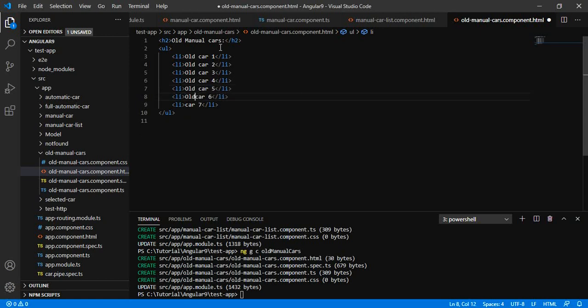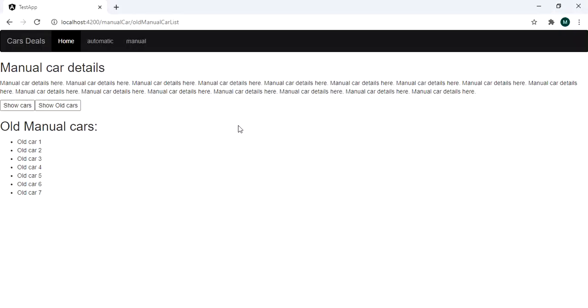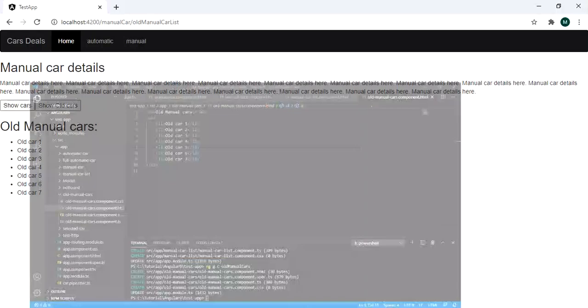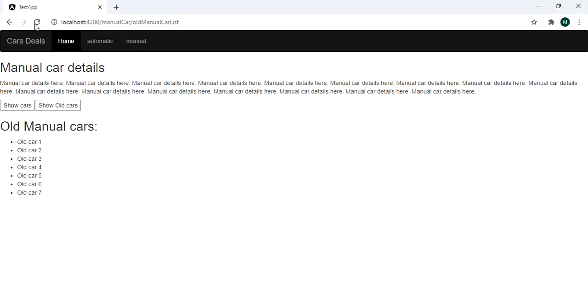We are simply giving a view and nothing else. Now when I click on show cars, it is showing the manual cars, and when I click on show old cars, it is showing the old manual cars.